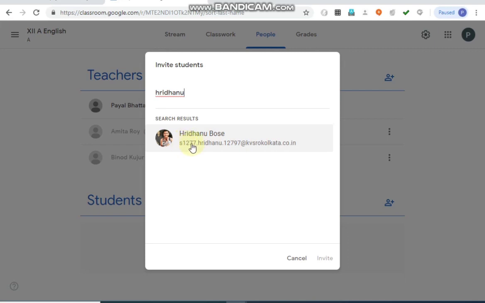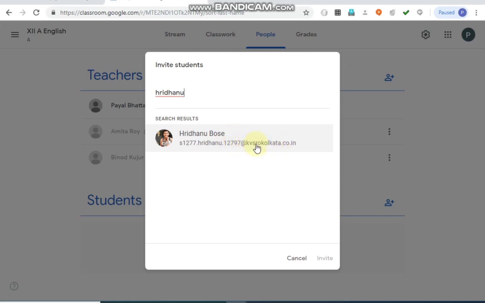This is S1277 student name, and 1277 is the school code, and Ridhanu is his name, and 12797 is his student admission number. So please check this one also, because there may be two students with the same name in the class, or in the school, so better to check using this admission number.